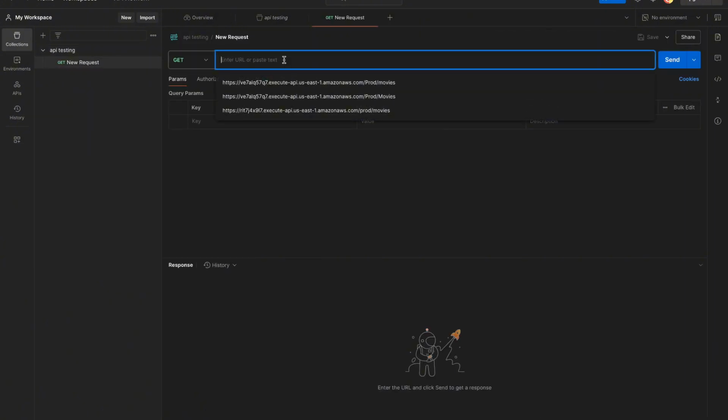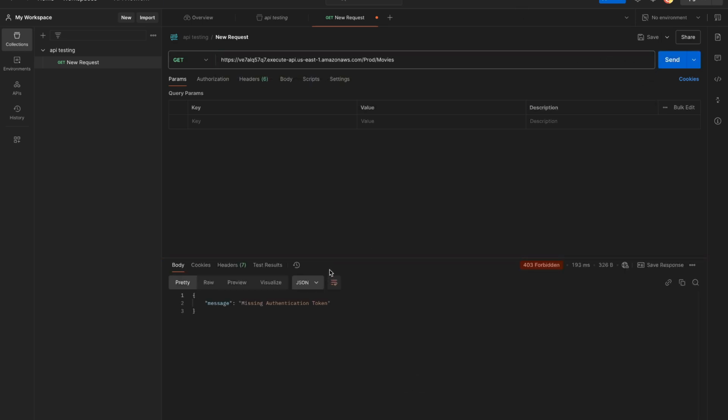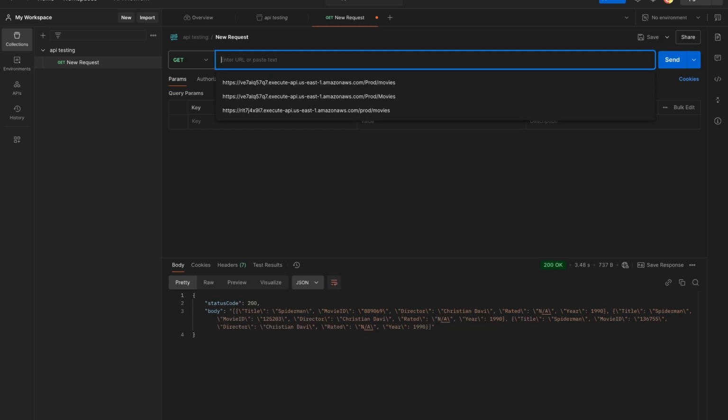So you're going to paste your invoke URL over here. Then we're going to add a slash and then the resource name, which was movies. And we're going to hit send. Was it movies and Spider-Man? Or was it a lowercase movies? It was a lowercase M. So then you're going to